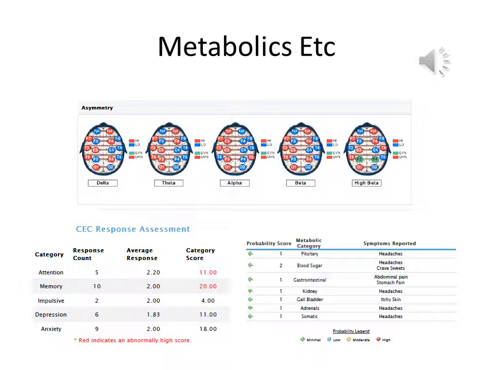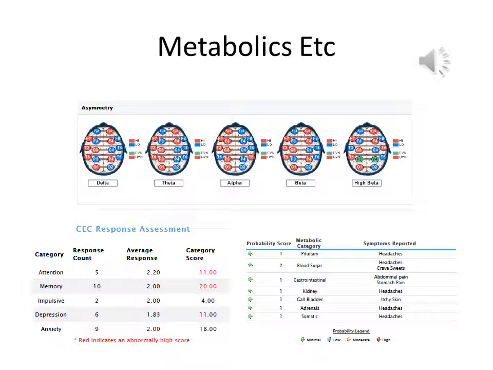Here is some of the metabolic and asymmetry information related to that same map. We can see in the lower right-hand corner very small scores, 1s and 2s, in the metabolic categories, and in this particular measure, 15 or higher is usually a significant score. So this person's not experiencing a lot of metabolic discomfort, because this is early in the oxidative stress cycle. We can see in the asymmetry maps, however, there's quite a bit of red in the right side in the beta indicating anxiety, and quite a bit of red on the left side indicating emerging depression, probably irritability at this point.